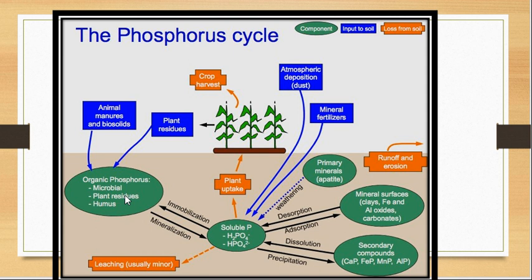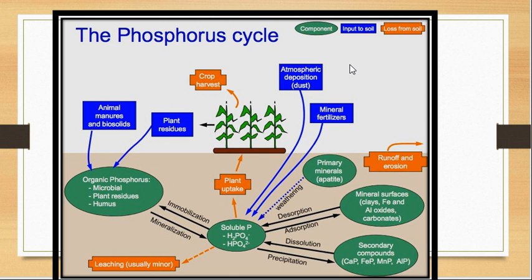This organic phosphorus can also be obtained from animal manures and biosolids. After that it can be mineralized into soluble phosphorus again, or it can be immobilized. So these mineral forms of phosphorus can be immobilized into organic phosphorus. You are now very clear about these two terms, immobilization and mineralization. Another important point here is